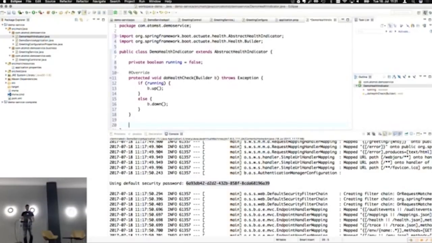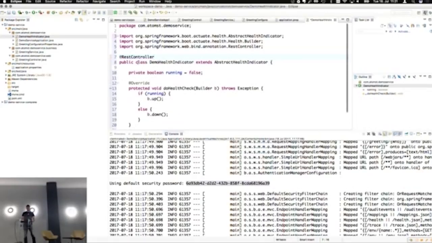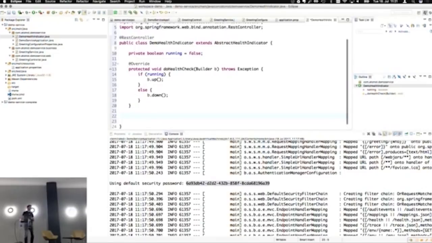Now we want to be able to flip this. And the easiest way in this demo to do this is to just have an explicit endpoint where you can go in, almost like a little feature flag or something like this, where you can say, okay, this service is now disabled. Normally you would connect that to, let's say, a circuit breaker or exceptions that you see in your application, or the state of a database query, for example.